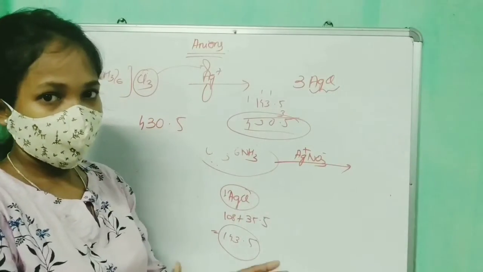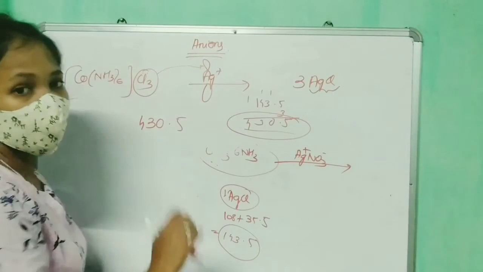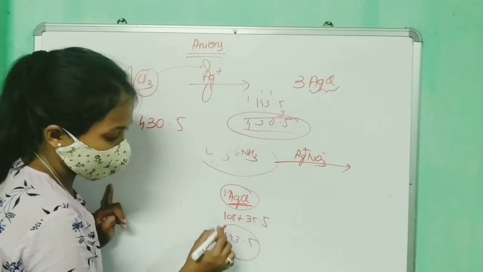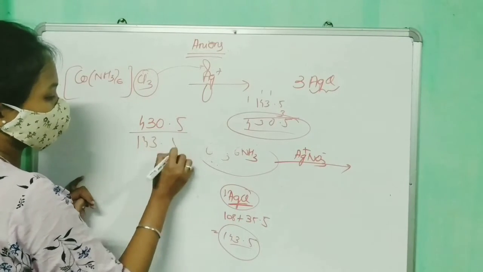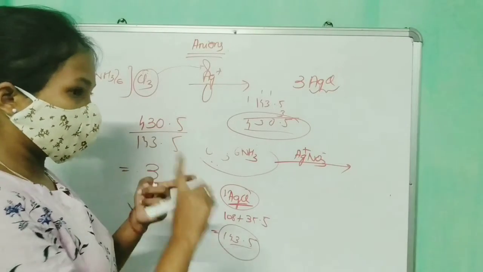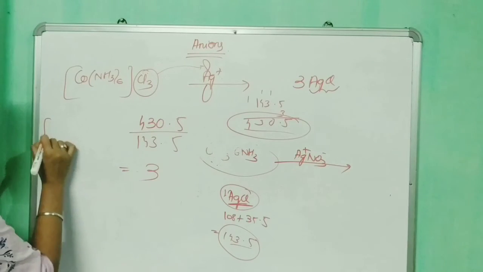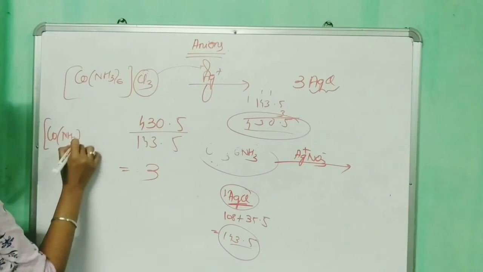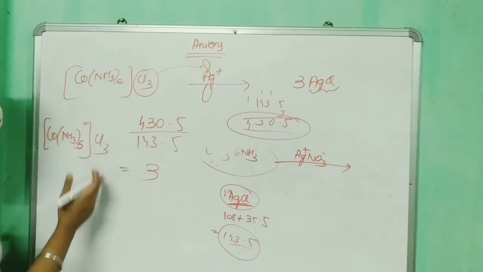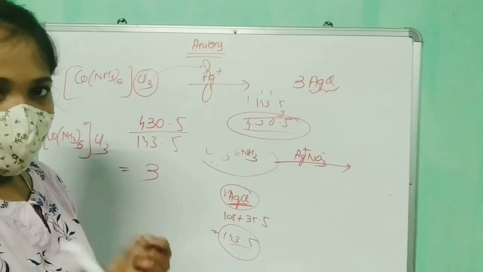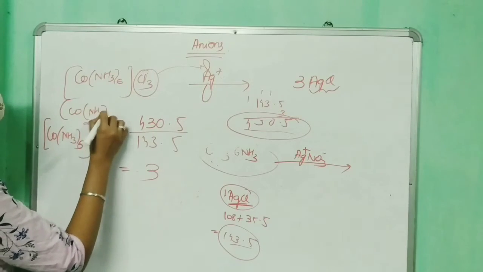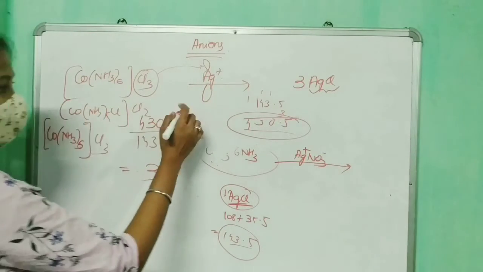What he did, he dried it, right? After that he took the molecular weight and found it to be 430.5. We know now that the molecular weight of 1 AgCl is 143.5. So if we divide 430.5 by 143.5, we'll get 3. So that way he thought that 3 chlorines are ionizable. So the structure of the compound has to be like this, because only then will the 3 chlorines be outside and form 3 silver chloride precipitate, right?